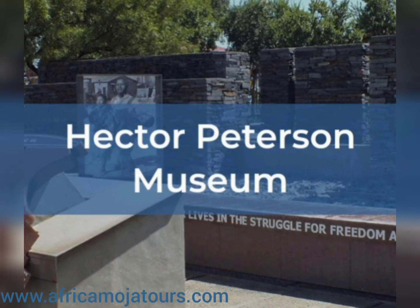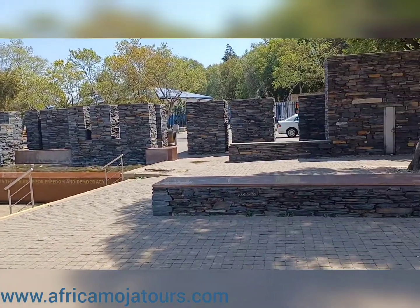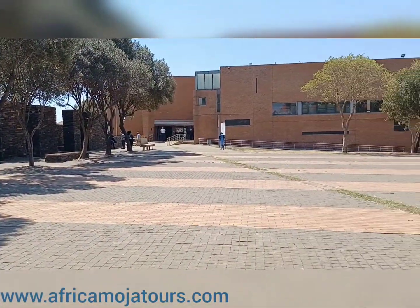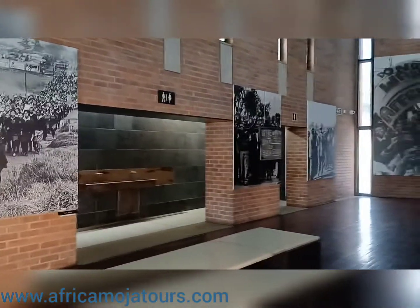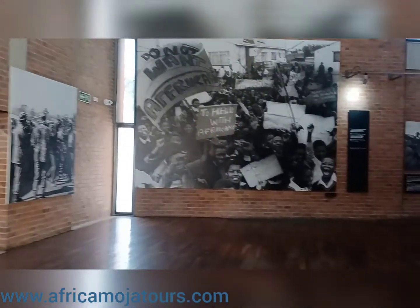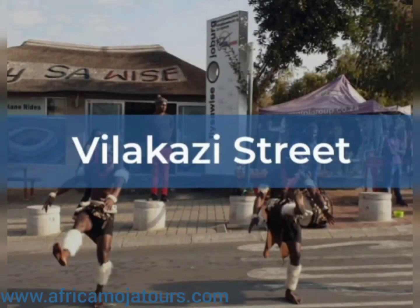The museum is located in Orlando West, 2 blocks away from where Hector Peterson was shot and killed during school protests in 1976 on the 16th of June. Today, the 16th of June is recognized as a public holiday in South Africa. We are going to do a 30 minutes tour in the museum and get to learn about the importance of the 1976 youth struggle. Going to our next visit, we will drive past Vilakazi Street, the only street in the